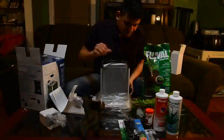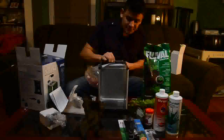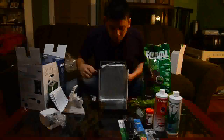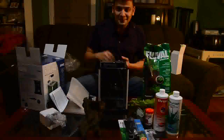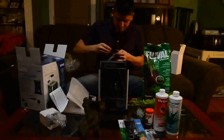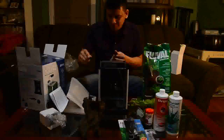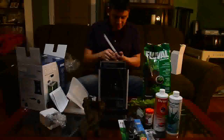To set this up, I'm going to pull this out of the plastic. Isn't that just awesome? I love the way this looks. I think I might have to get one for myself. He's going to be mad though. Set this up, it's pretty simple. We pop this little thing off, that's the spray bar. Pop that down. Plug in our